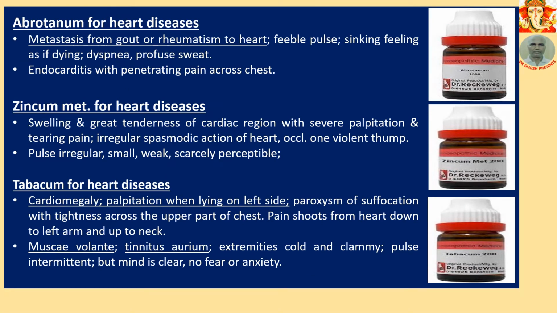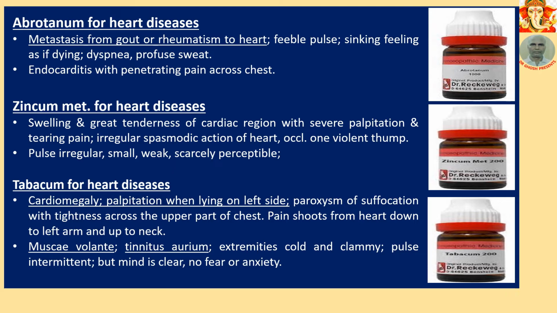Abrotinum for heart diseases. Metastasis from gout or rheumatism to heart, feeble pulse, sinking feeling as if dying, dyspnea, profuse sweat, endocarditis with penetrating pain across chest. That is, this medicine is useful for heart disease due to metastasis from gout or rheumatism, and also it is good